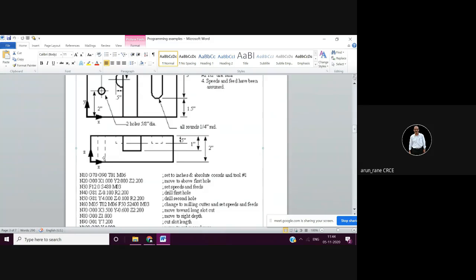Now Z, suppose if you say Z0, that means the drill point will come here. So the hole is not drilled properly. That means you have to go down below this surface. So it is Z minus 0. If it is not clearly visible, you can write Z minus 0.1,